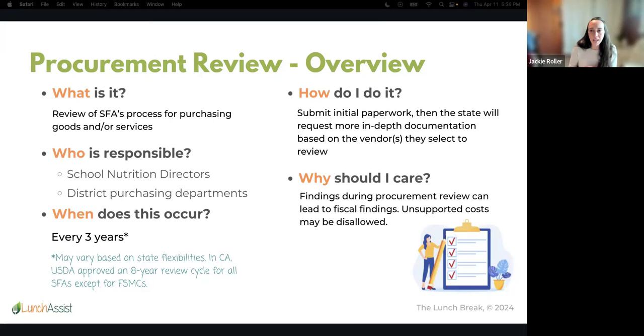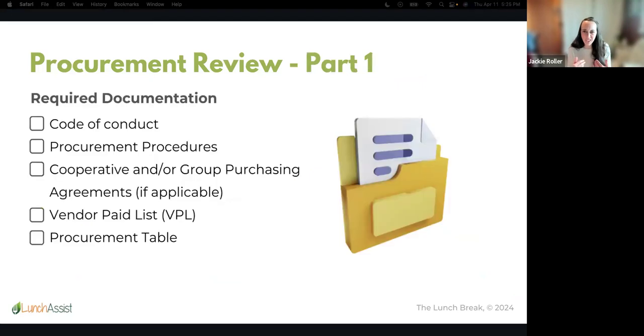But the timeline is really every 3 years, though some states like California asked to have it extended. So luckily for you guys in California, you get procurement reviews once every 8 years, which is awesome. And the key thing with a procurement review is there are basically two parts. There is the initial paperwork submittal part, and then the second part is diving into the specifics. Part one of our procurement review is where they gather some initial documentation, like our code of conduct, our procurement